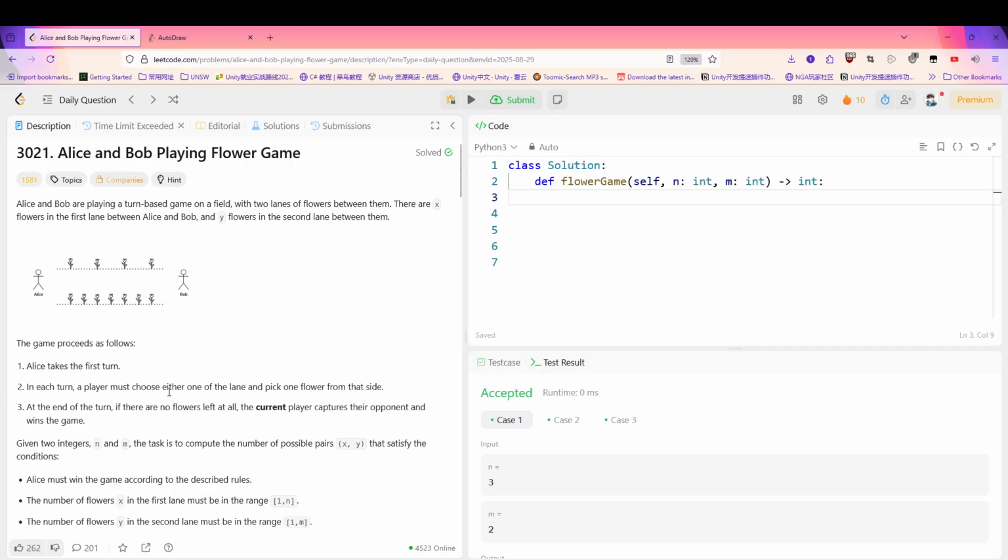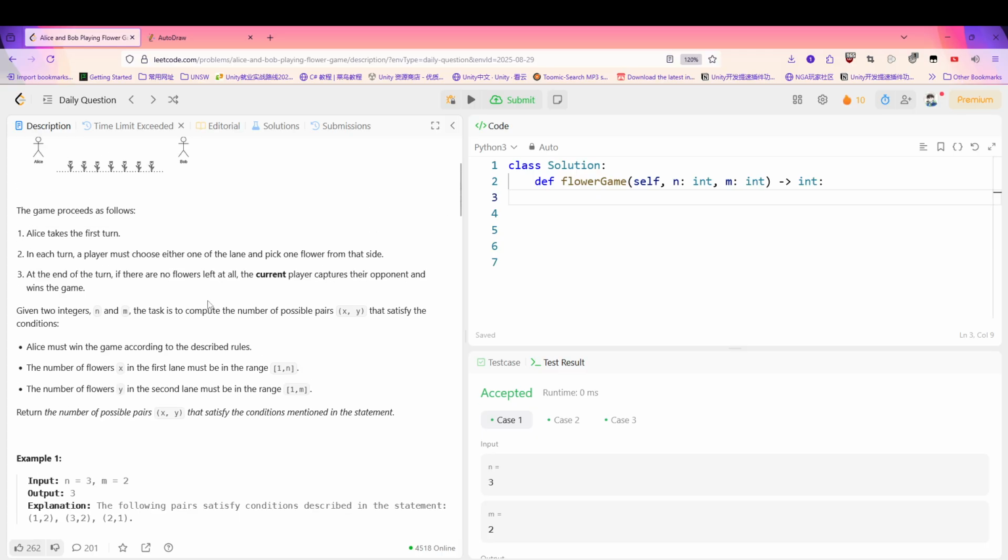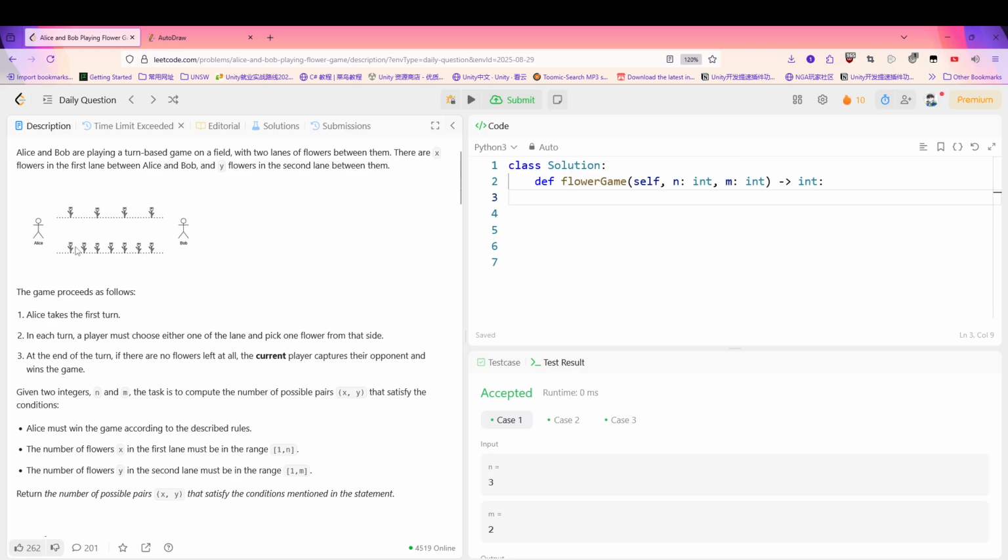Each turn, a player must choose either one of the lanes and pick one flower from that side. At the end of the turn, if there are no flowers left at all, the current player captures their opponent and wins the game. Let me explain this very briefly. If someone takes the last flower between the two, for example, if we demolish all the flowers here, only this one is left, and Alice took it, then Alice wins the game,